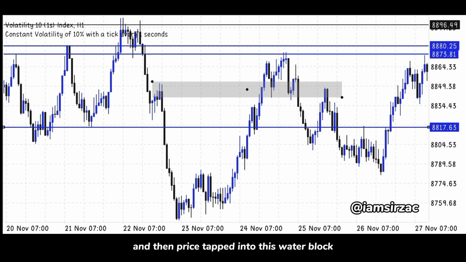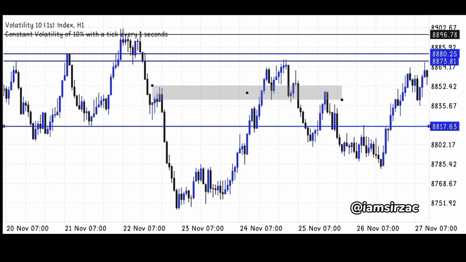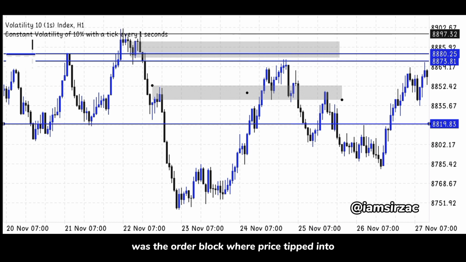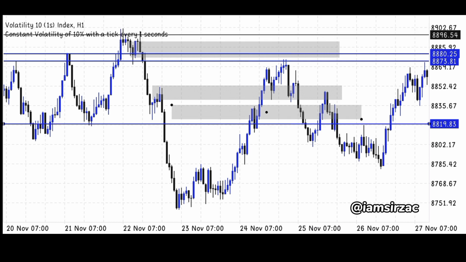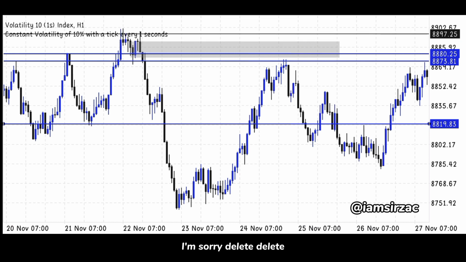So this order block was our inducement right here. We delete this one, right? And then price stepped into this order block on top, right here. This was the order block where price stepped into. I'm sorry, delete. Now this was the order block the price stepped into, and then started going down,